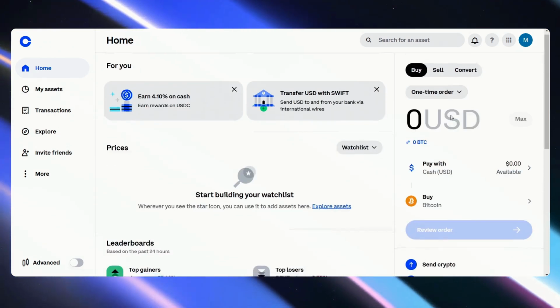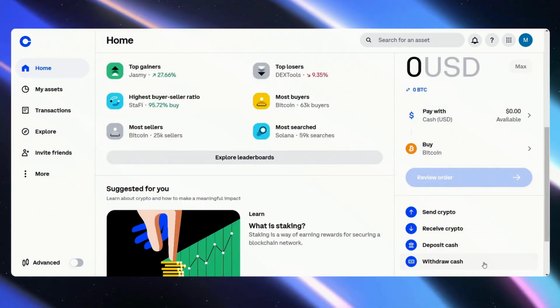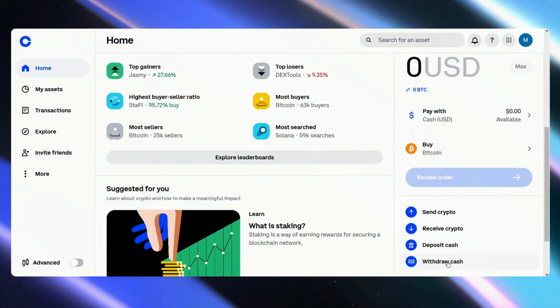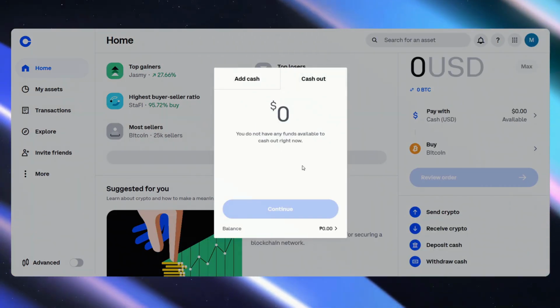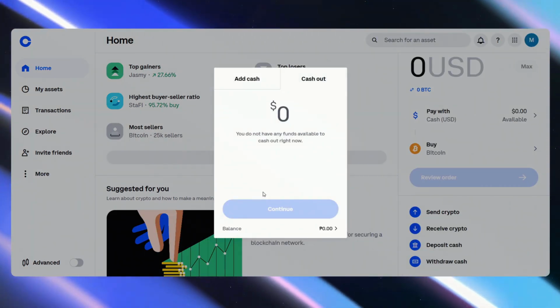page, and if we scroll down a bit, you can see on the bottom right hand side of the screen, withdraw cash. Now, I do not have an amount here that I can withdraw, but that is all you have